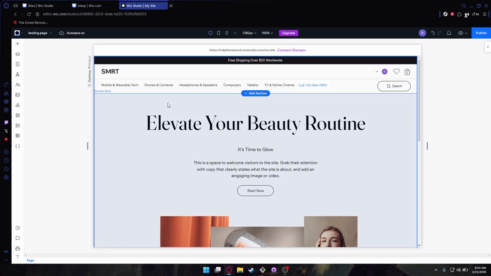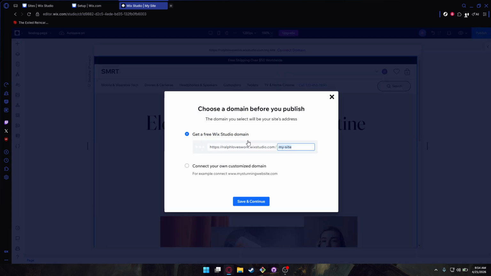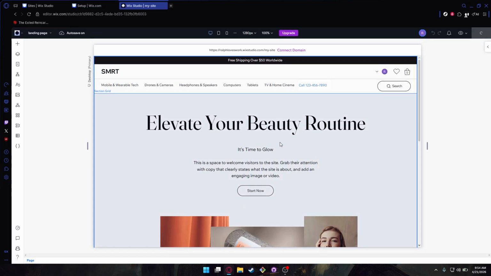When you're happy with everything, click Publish in the top right corner, confirm, and select Done. If you set it as your homepage, visitors will land on it immediately. Otherwise, keep it as a separate page and link to it from your menu, buttons, or social media. That's it. Your Wix site now has a focused conversion